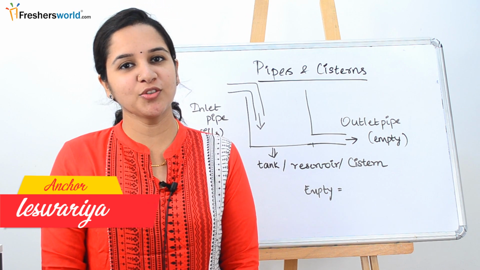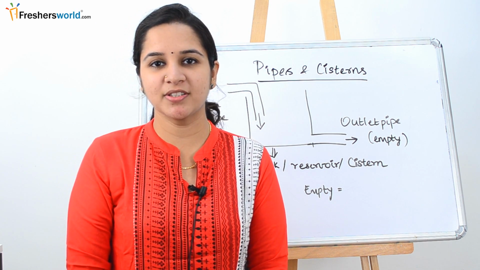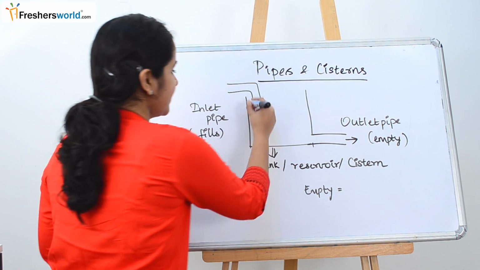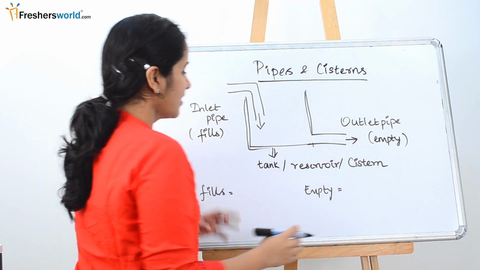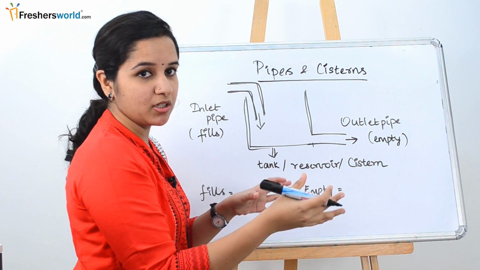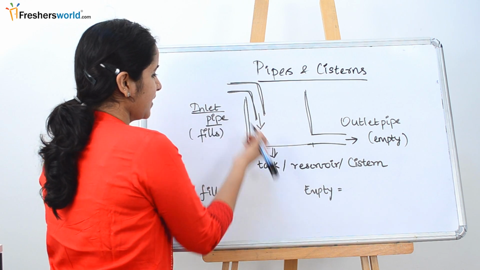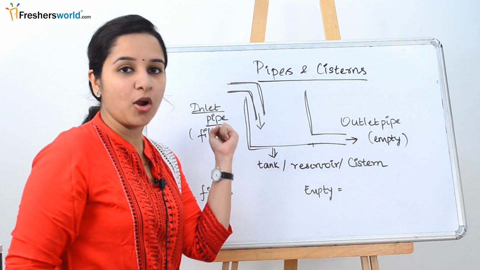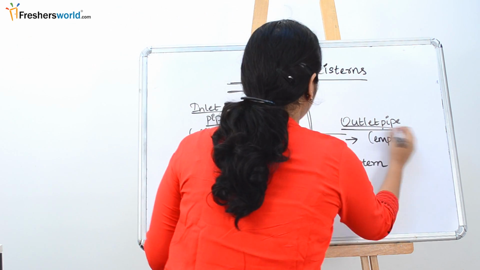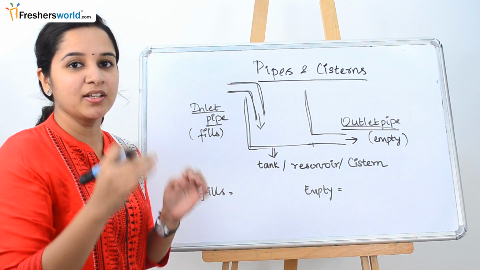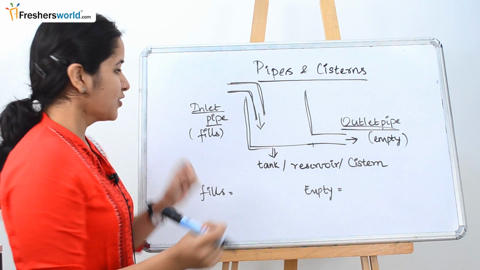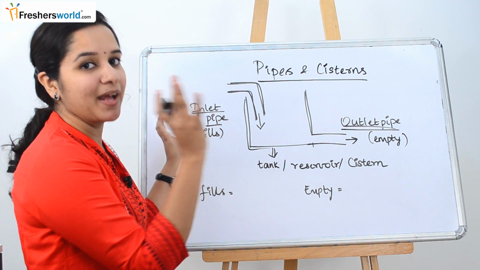The topic that we are going to look at today is pipes and cisterns, basic concepts as well as the problems following it. So let's go to the concept. Let's take this as a tank. The pipe that is coming into it, trying to fill water, is the inlet pipe. The pipe that is taking away the water from the tank, or which is emptying the tank, is the outlet pipe. So inlet pipe is the one that fills the tank and outlet pipe is the one that is going to empty the tank. You should know the difference between the inlet pipe and the outlet pipe.